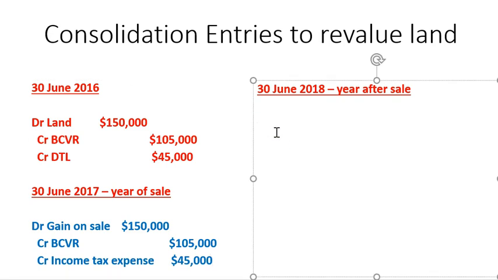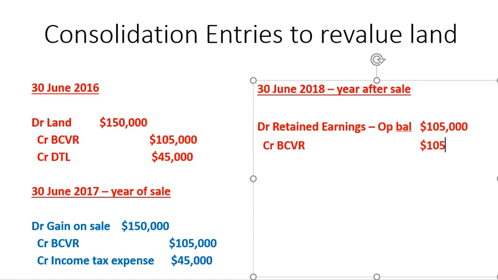Okay, so the year after sale, the adjustments that we need to make are we need to debit retained earnings, the opening balance, by $105,000 and credit BCVR by $105,000. Now the reason for this is because in the year of sale, this reduction to the gain on sale